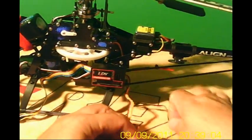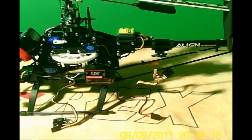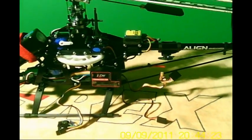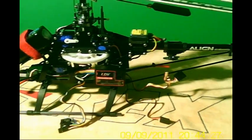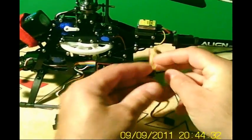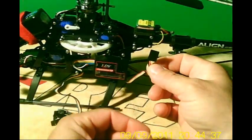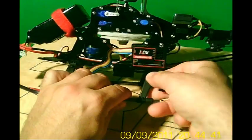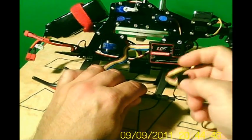Now the next thing you want to do, you have some connections to make from the gyro and the CCD to the main Flymentor unit. Okay, after you have everything mounted, you can use Velcro, wire ties. Just don't put a lot of pressure on these things, they seem to be sensitive. You need to snake through the connections from your 3-axis gyro, which is the bigger connector, and the CCD is a smaller connector. And right on the front of the Flymentor here, there's a little layout of instructions, which there should be. The black wire